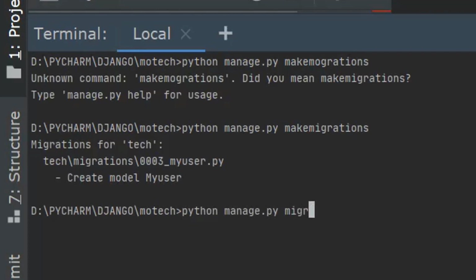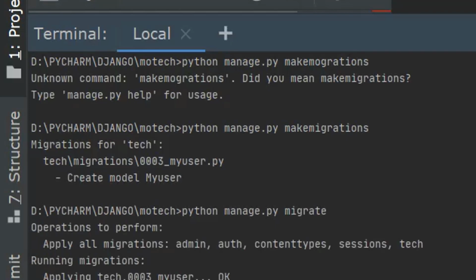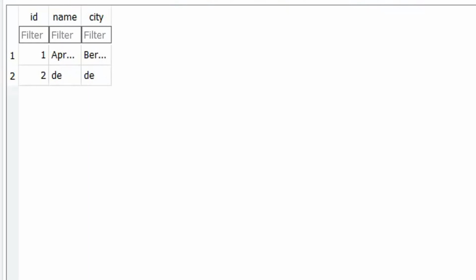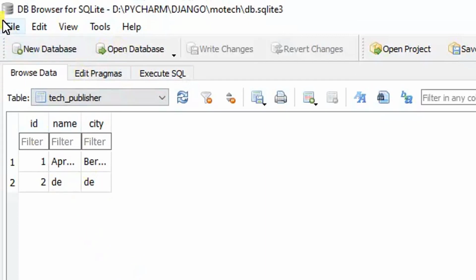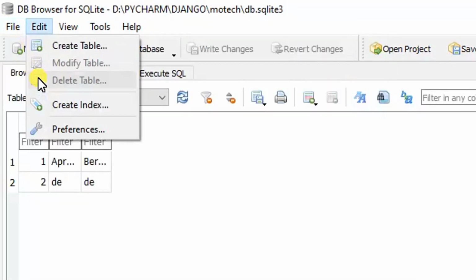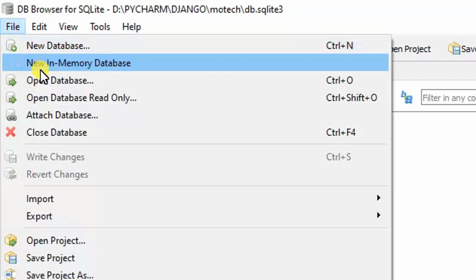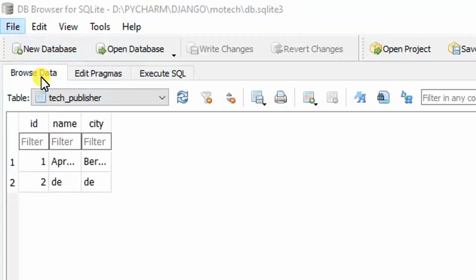So migrate, right? Then after, we can see our table is already created. Here I'm using SQLite browser to check my database tables and columns, right? So here I'm going to open my database, right? So open database,